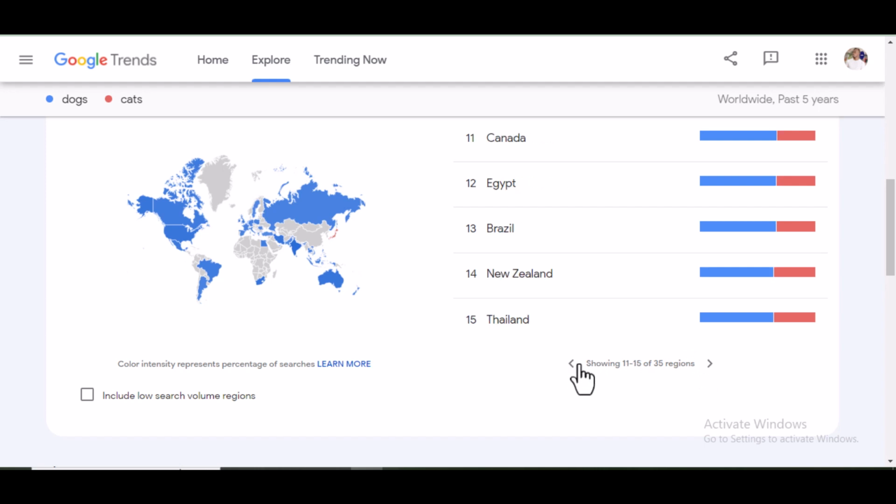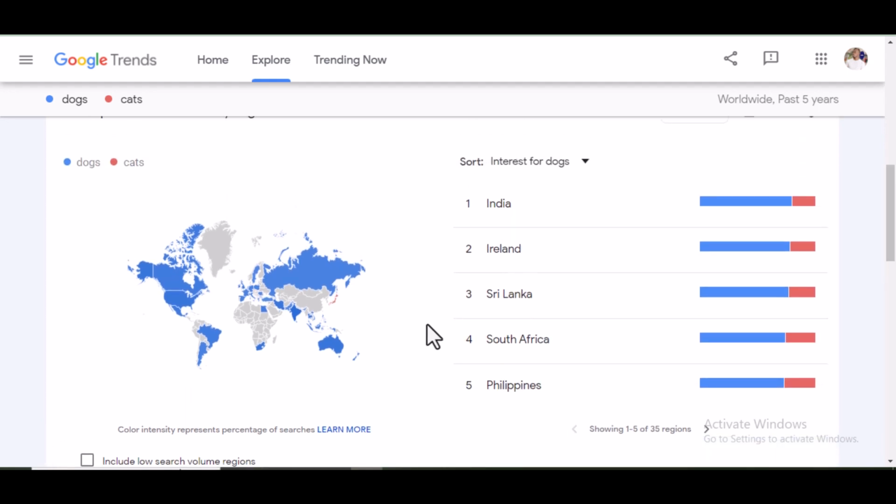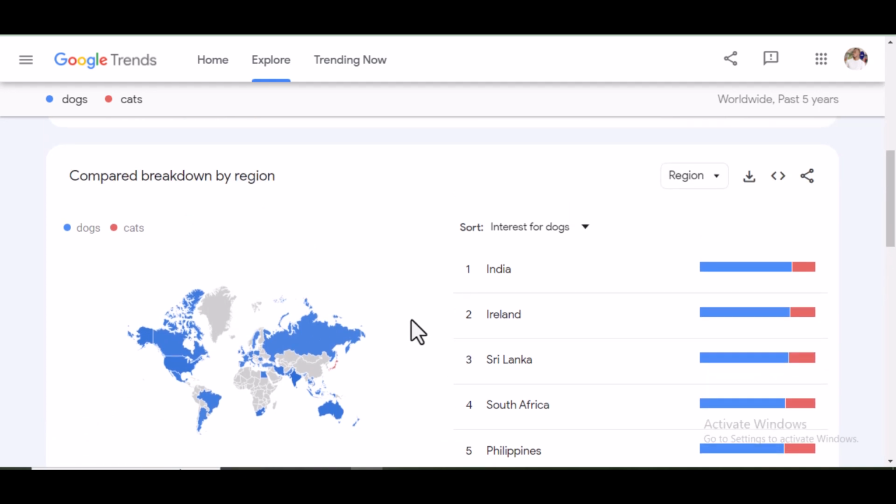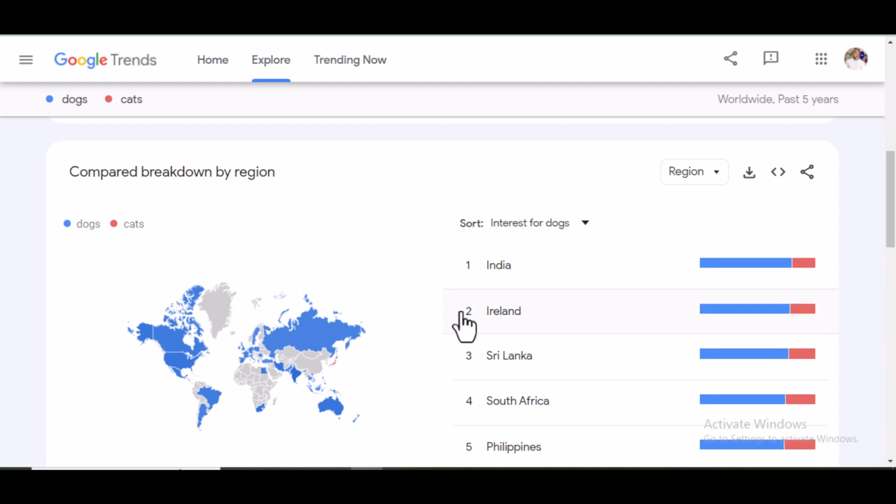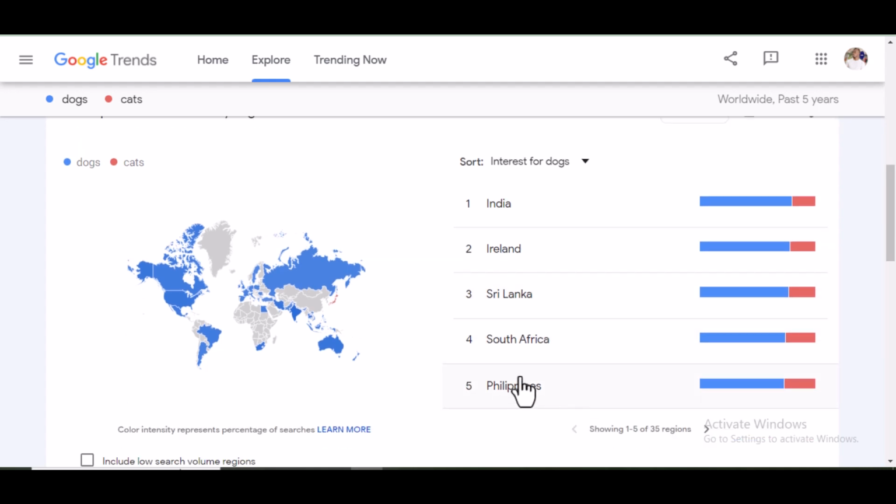So if I were to choose a niche between cats and dogs, I would definitely go with dogs. Why? Because people are more interested in dogs than cats. And another reason I'm going to choose dogs to cats is it is more profitable than cats. How do I know it's more profitable than cats?